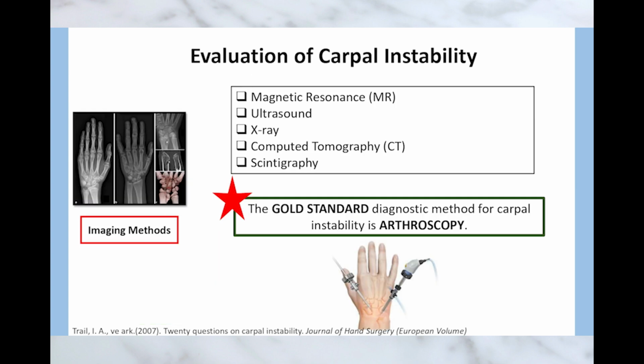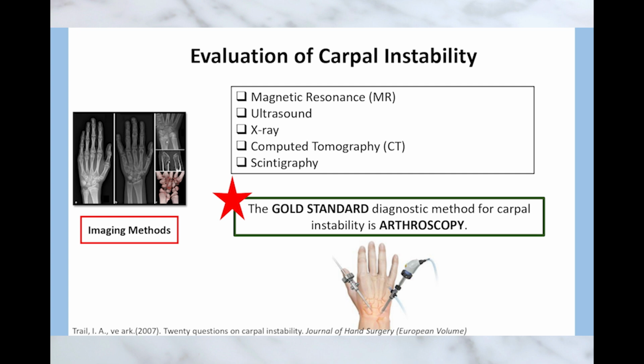It depends. X-rays are usually the first step to see if there are any fractures or obvious misalignments. Then MRI is great for visualizing the soft tissues, the ligaments, and cartilage. So that's really helpful for identifying ligament tears. Ultrasound can actually show how the wrist moves in real time, which can help spot subtle instability patterns. Oh, interesting. CT scans give you more detailed bone anatomy, which is useful for fracture dislocations or bone problems. And sometimes, in certain cases, a bone scan or scintigraphy might be used.